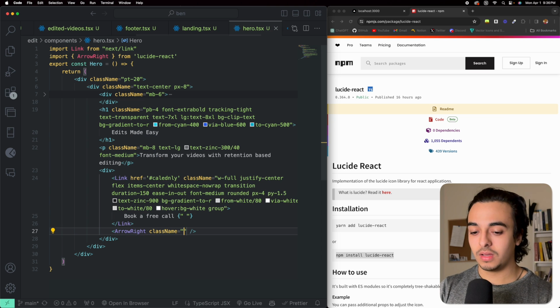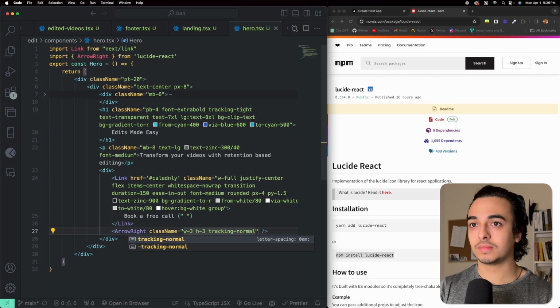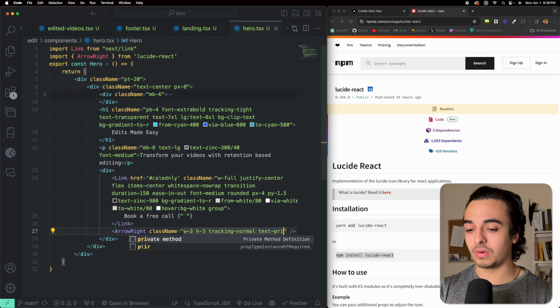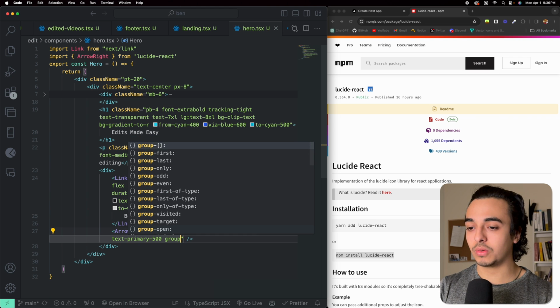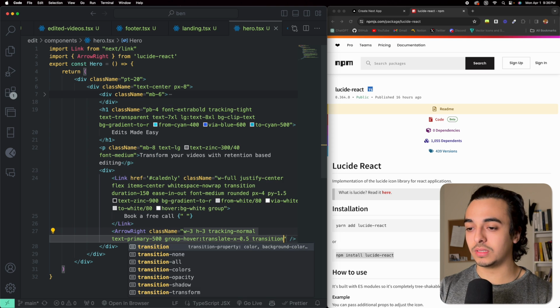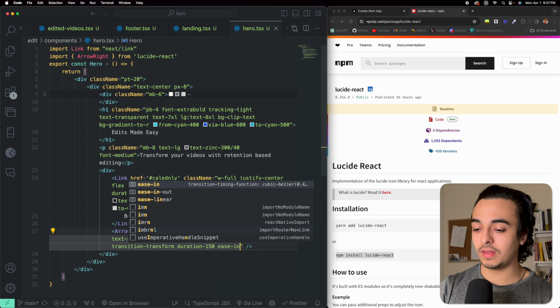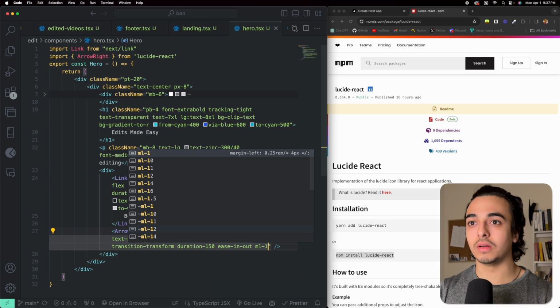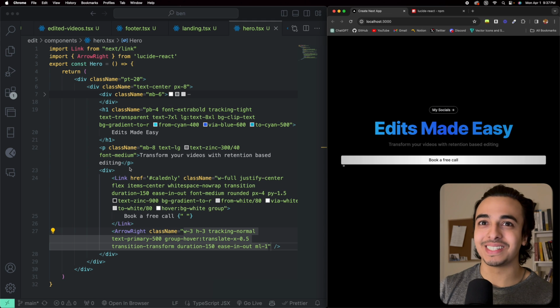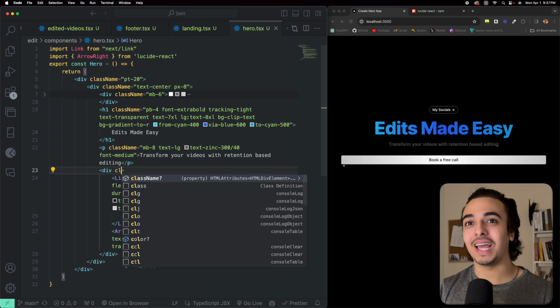Class name of width of 3, height of 3, tracking normal, text primary 500, group hover, and a translate x of 0.5, transition transform duration of 150, as well as an ease in, out, and an ml of 1. And as you can see, it looks all messed up, and I just realized that we forgot to design it within the div. So we need to go in the div above the link, and we need to design this